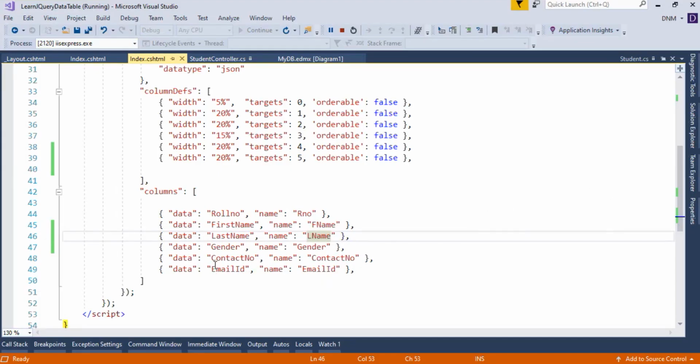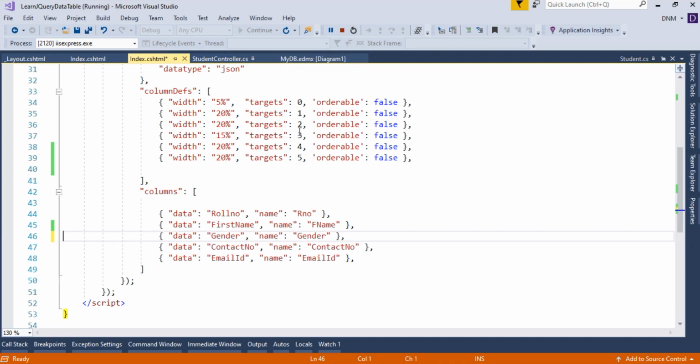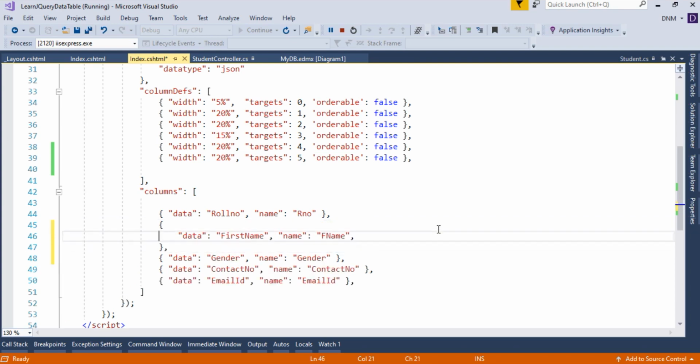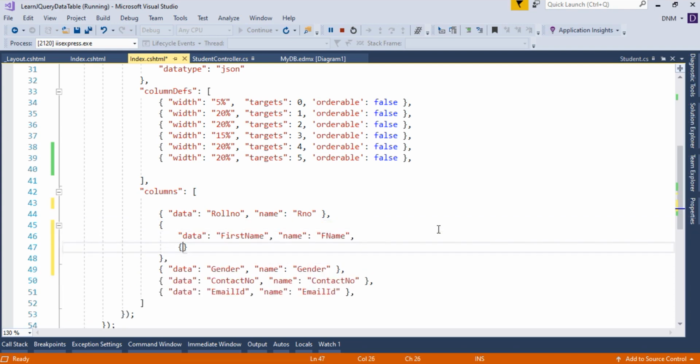So in view and in this columns attribute we have to do this. Okay, now here as I told you, we want to display first name and last name as a single full name. So let me remove this column. Okay, now remember, now we have only 5 columns, so we have to arrange this particular part also. Okay, now let it be full name, main data will be full name, and then here we have to write